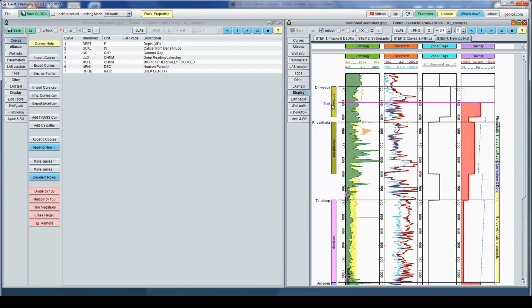That means the base of the formation should be the same as the top of the next formation and so forth. Here we made on purpose that the base of Dinwoodie doesn't touch the Phosphoria top. So we have a gap, a void, like a hole. We did that on purpose so we can show you how to deal with those cases, and even how we can assign a default behavior when the stratigraphy has some holes, some blank, void spaces, and how we can process that and deal with a default value.